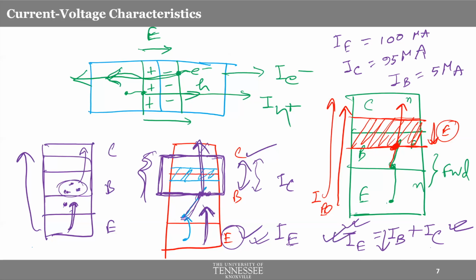Now what if IC becomes more efficient? It manages to take in more electrons from the emitter. So now it becomes 98 microamps. So 100 microamps came out of the emitter, say, and then 98 microamps was seen in the collector. So 2 microamps can only come from the base to make sure that this relationship still holds. So your base current will definitely have to reduce, simply because your emitter current and collector current are getting closer